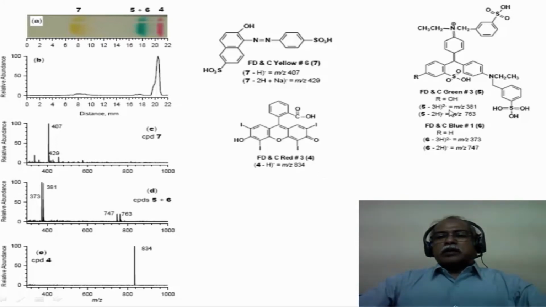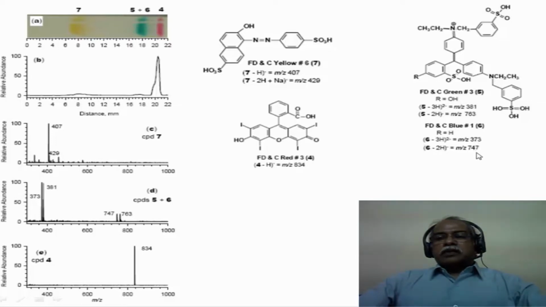One can see, for example, the molecular formula corresponding to R equal to OH has a peak around 381 for the doubly protonated compound, and that corresponds to a molecular weight of m/z 763, which is with one hydrogen. In other words, this is a monocationic species and this is a dicationic species. That is why the mass is exactly half of 763. You see 763 as well as 381, corresponding to the monocationically charged and the dicationically charged compound of this particular dye.